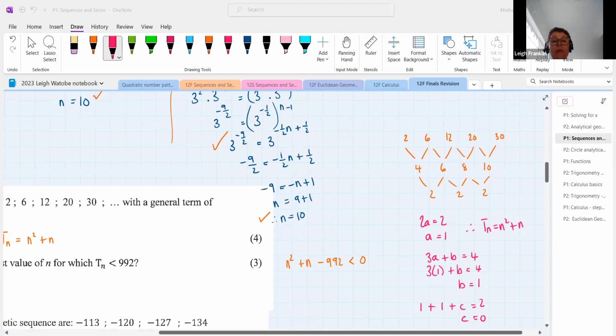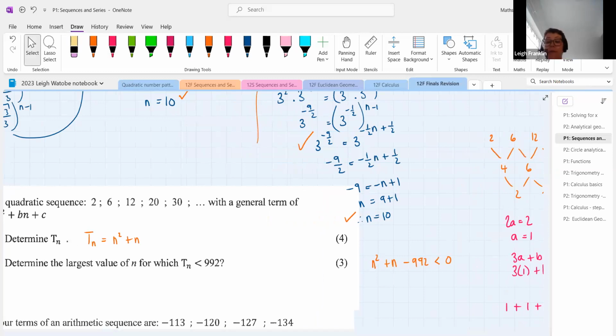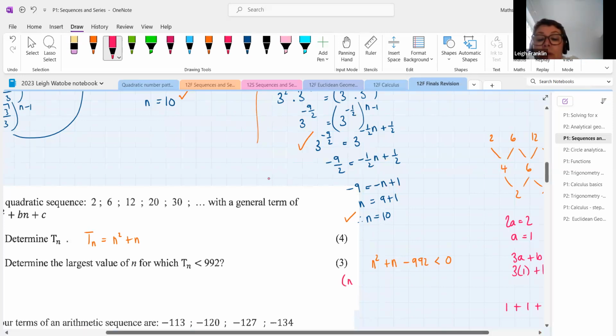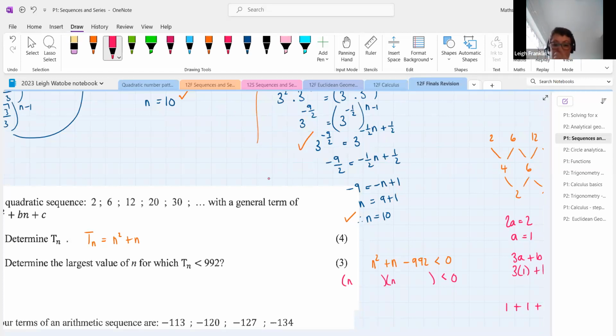So now let's go back and solve this quadratic inequality. When we are working with quadratic inequalities, it's not like a quadratic equation. So in order to work out the largest value of n in this case, the first thing that we would need to do is factorize to get our critical values. So our critical values in this case are going to be,